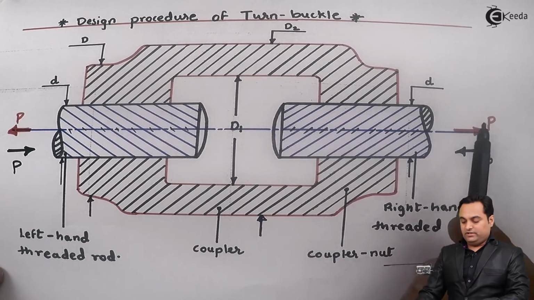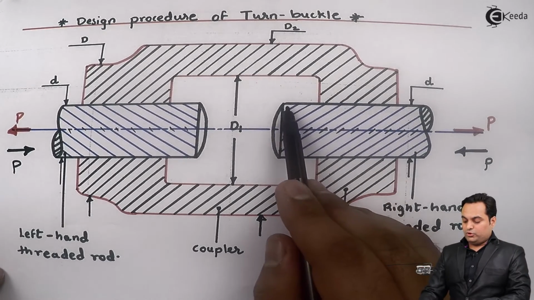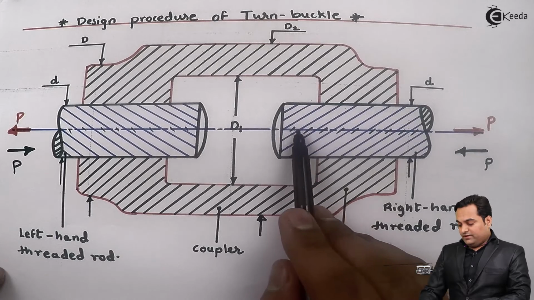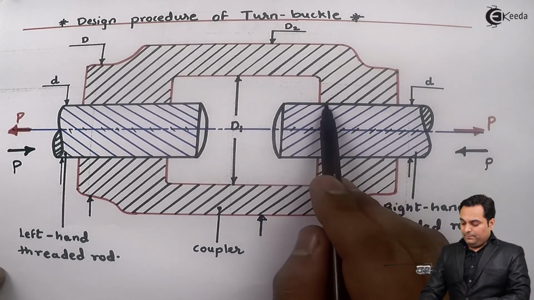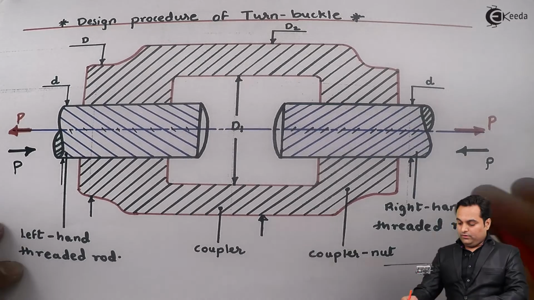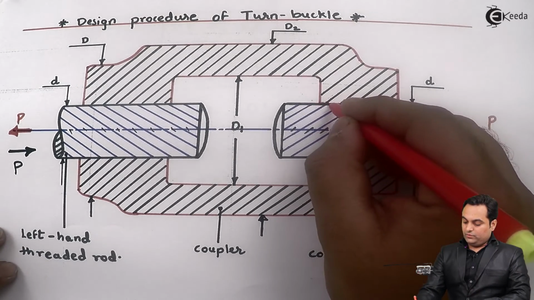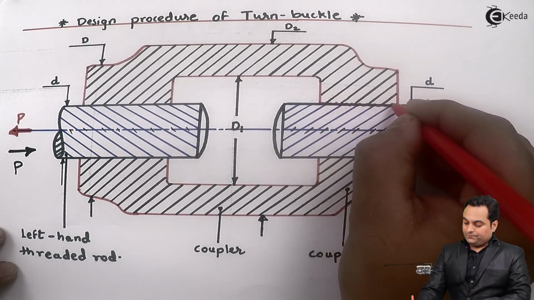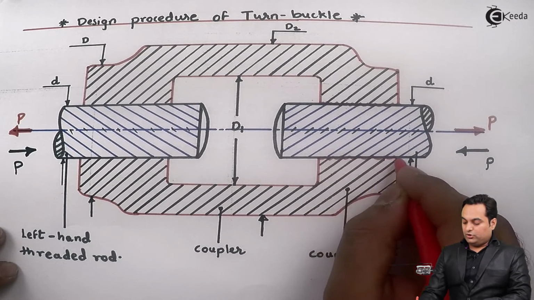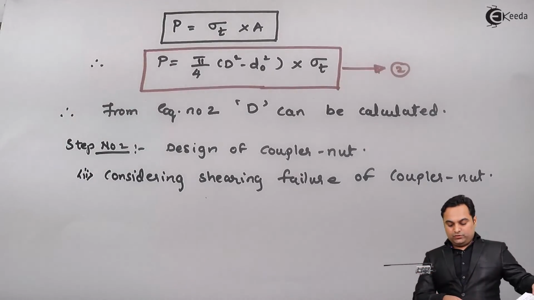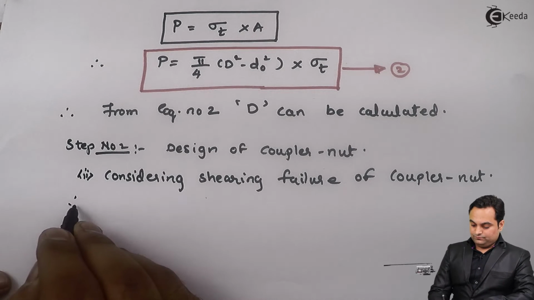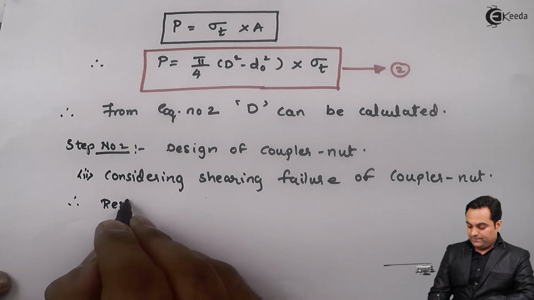If it is towards right, then this screw thread here can move forward by breaking the threads here. It means the threads of the coupler nut will break like this once the screw thread goes forward. So this action is called shearing. So now I'll say that therefore the resisting area is given by